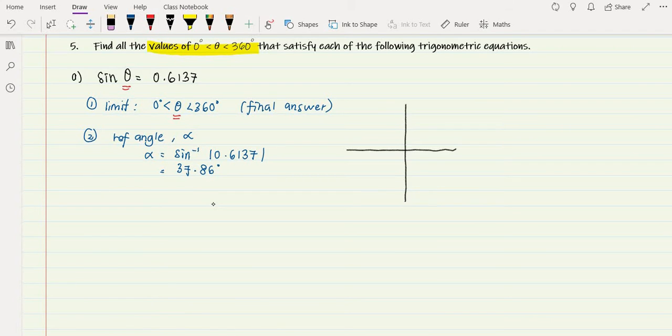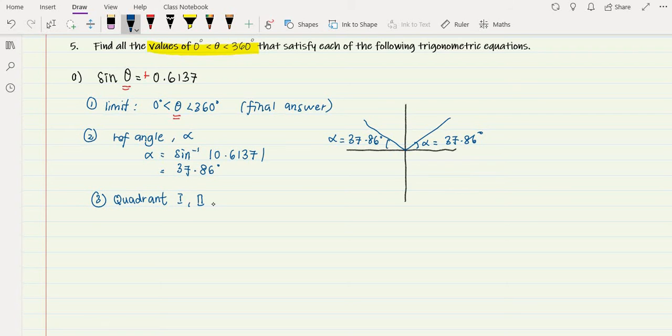We know that we will have the angle alpha in the first and the second quadrant because we are given sine theta and it is a positive value. So we just draw our angle here. This is my alpha, equal to 37.86 degrees, and here is also alpha,